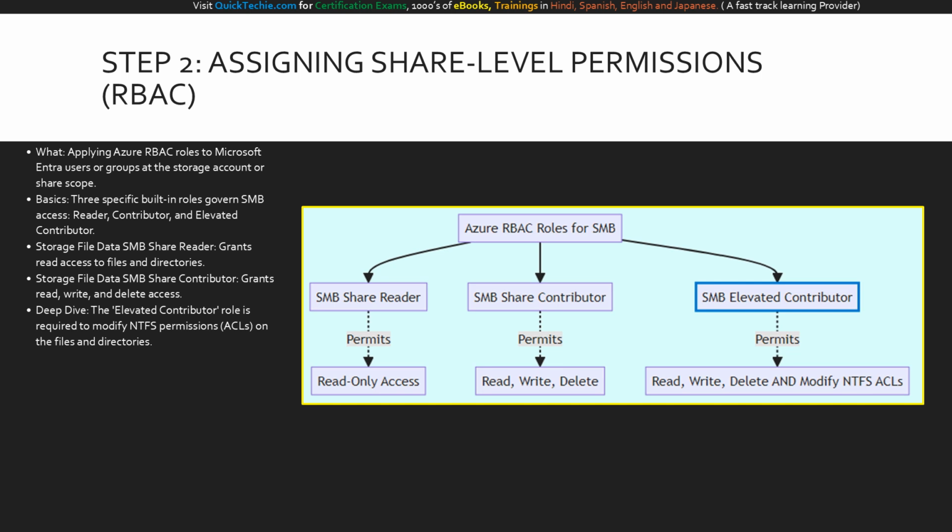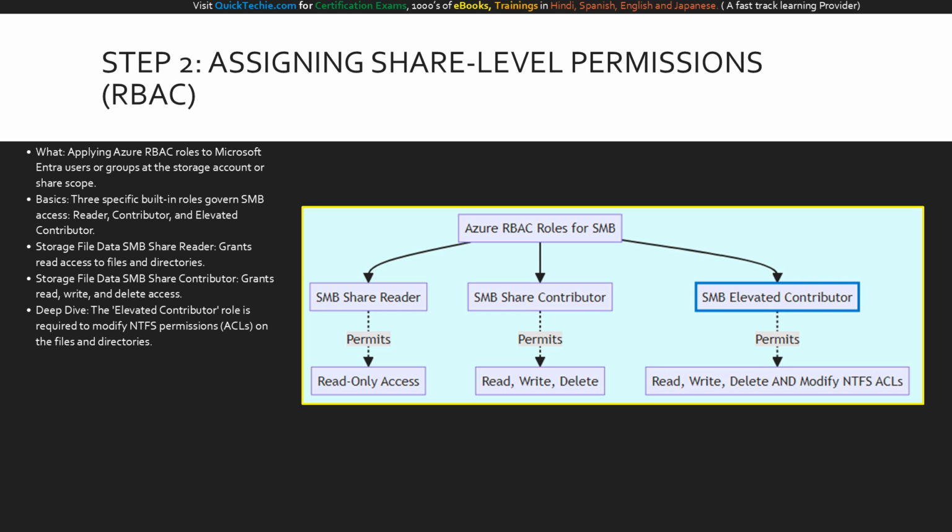This flowchart maps the 3 critical RBAC roles to their effective capabilities. Starting from the top, we branch into Reader, Contributor, and Elevated Contributor. Follow the dotted lines to see the resulting permissions. The Reader gets read-only access. The Contributor gets standard read, write, and delete capabilities. But notice the Elevated Contributor highlighted in blue. This is the only path that grants the crucial ability to modify NTFS ACLs, acting as the bridge to our